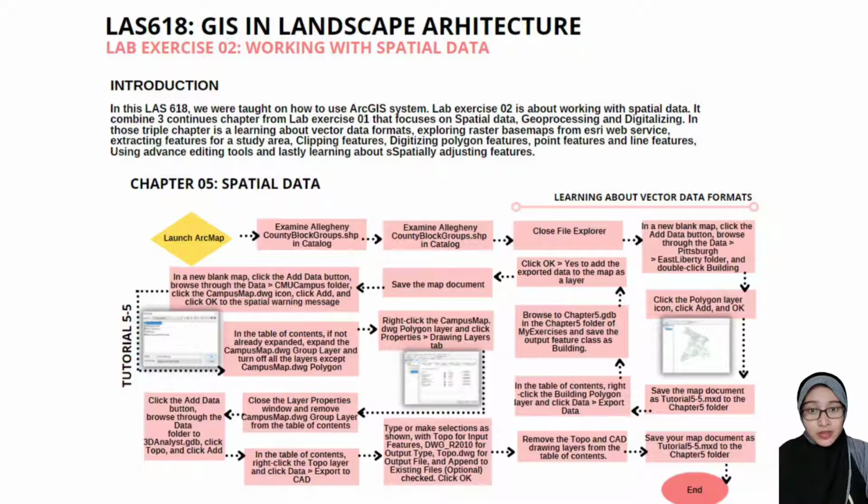In those three chapters, we learn about vector data formats, exploring raster-based maps from a web service, extracting features for a study area, clipping features, digitizing polygon features, point features and line features using advanced editing tools, and lastly, learning about spatially adjusting features. As you can see in this tutorial 5.1, firstly we will be learning about vector data